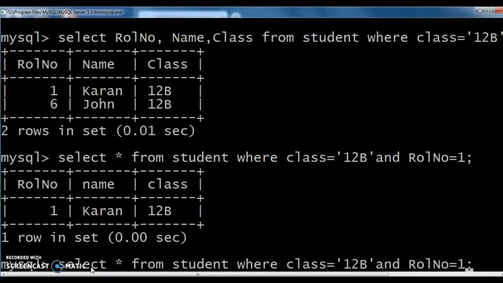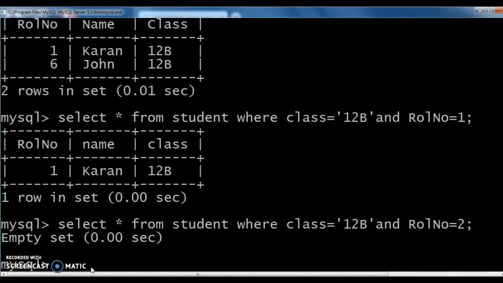If I give this roll number as 2, what will happen here? Check. That is empty set. Why? The records satisfying the 2 conditions are not in this table student. Class 12B and roll number 2. Here 2 conditions are there. If these 2 conditions are satisfied in that table, those records we can see. But records like that are not there. That is why the result is empty set.